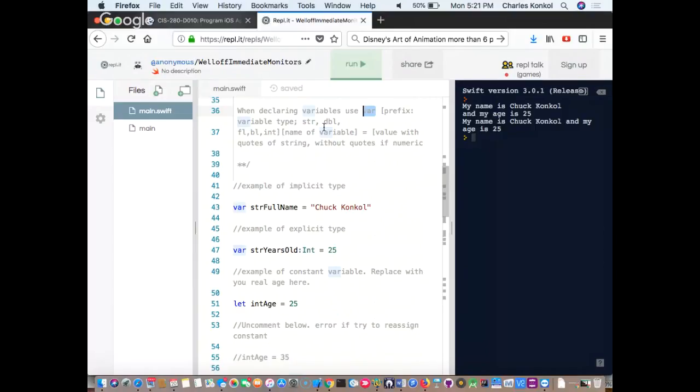It's implicit because it doesn't say the type here, but the value implies the type and pushes it to it. Okay, so on line 53, it goes on, it says here,